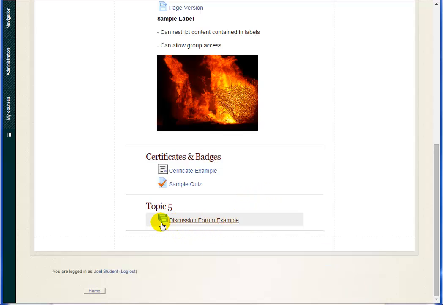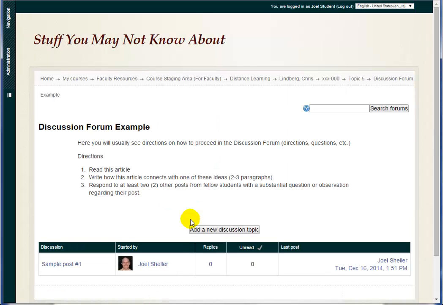And you'll notice there's an icon here, in this case, two overlaid speech bubbles that identifies this as a discussion forum. You may not see this particular icon in your course, as these icons can be changed by the instructor, but you should note what the icon is so later when looking for other discussion forums you can quickly identify them. A single click on the title will get us into the discussion forum where we see the title again,